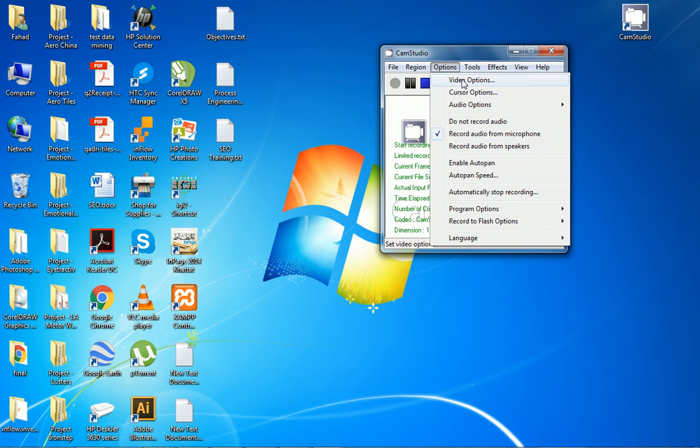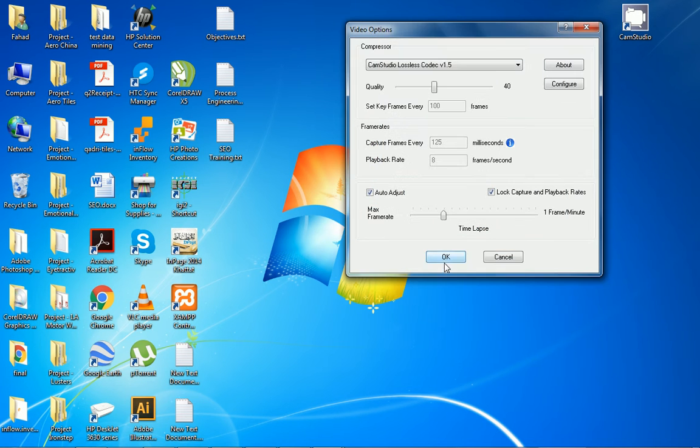And the second very important option, that is step number 2, is video options. In video options, there are different codecs available. And my personal favorite codec is Cam Studio Lossless Codec. The reason I'm using this Cam Studio Lossless Codec version 1.5 or the later version, whatever is available at the time when you are watching this video, is that this codec has very good compression as well as no